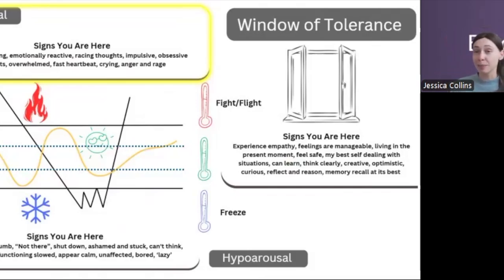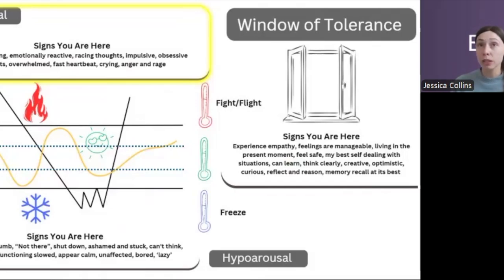And then due to their difficult experiences of encountering threat, their nervous system is switched on to high alert. So their nervous system has learned to adapt to look for threats, so to be scanning for threats in the environment. And what this means is that everyday stressors, like interactions with other people, coming across loud noises, receiving feedback at work or school, or just from our friends in our personal lives, or even something like a facial expression of a stranger that they walk past on the street, all of these everyday experiences can be felt as stressors and can push people outside of their window of tolerance very quickly.